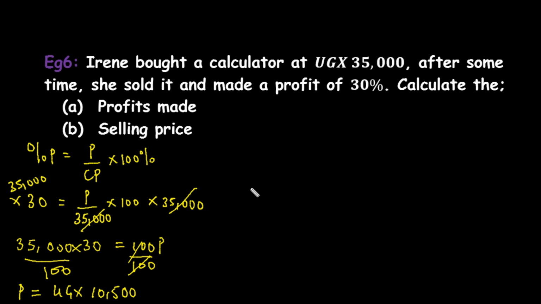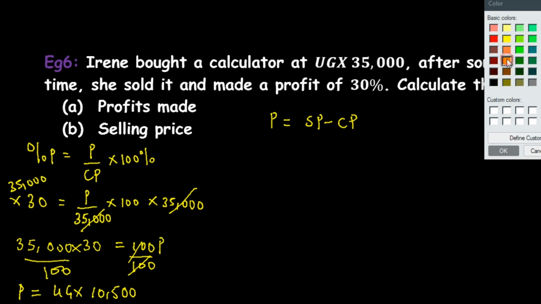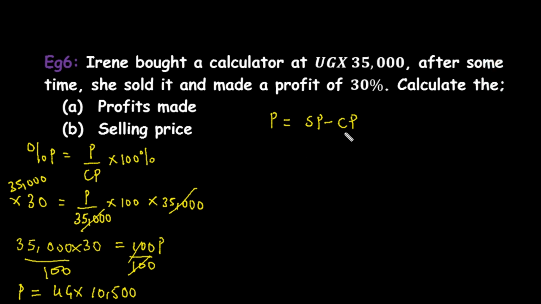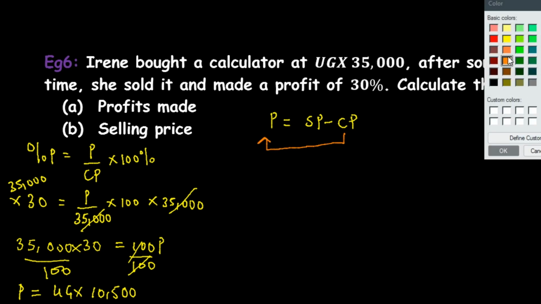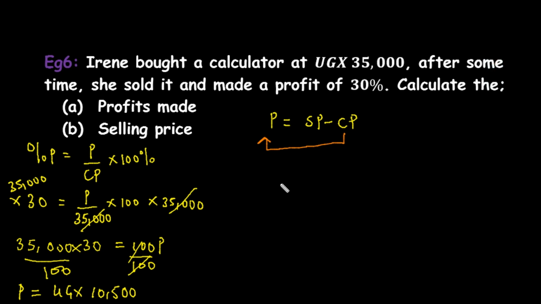Now they want us to calculate the selling price. Remember, we said that profits is equal to selling price minus the cost price. Is that okay? We have the profits, we have the cost price, but we don't have the selling price. Therefore, we are going to make the selling price the subject. Is that okay? And how are we going to do it? We are going to transfer this cost price this side. Is that okay? So selling price is equal to profit plus the cost price, and the selling price is equal to,